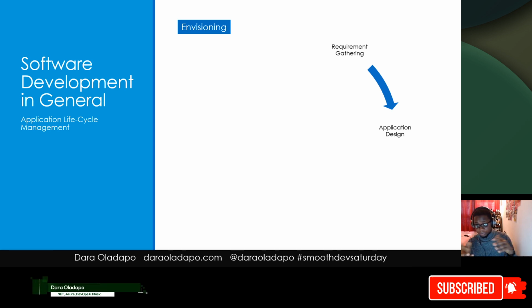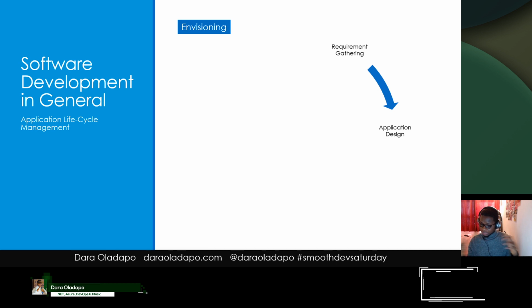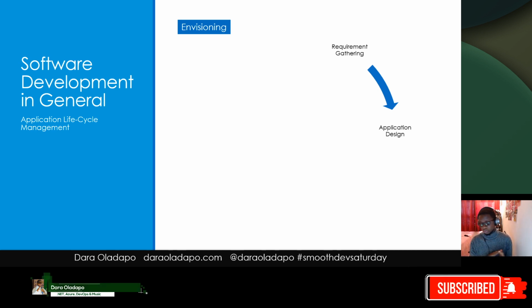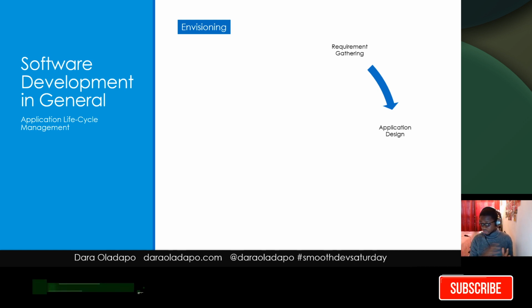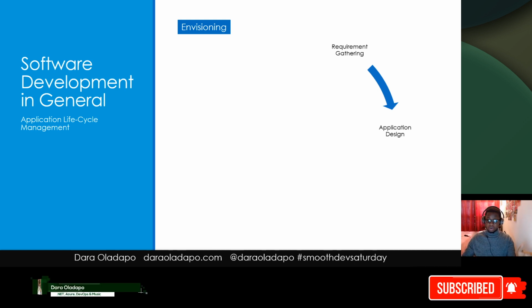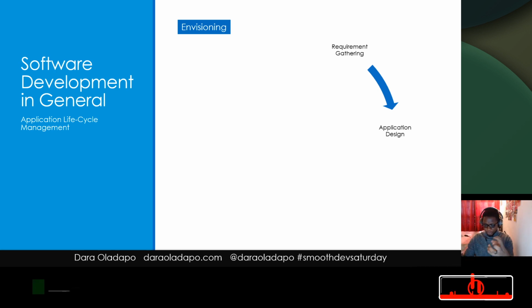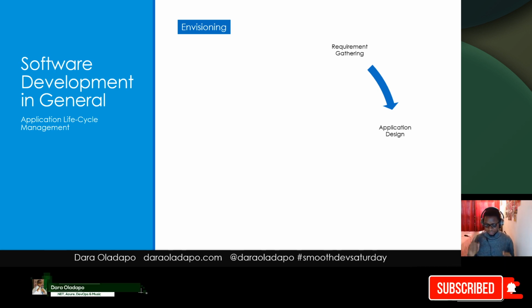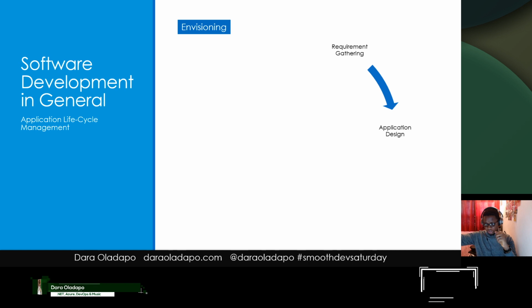And this could happen either in bits of the application or as the application as a whole, depending on the kind of development lifecycle you follow in your organization or as a person. So, for example, when you're building a car, this design process might go along just for the door or for the whole car. The door, the engine, the bonnet, the tires, this can go in bits and pieces for different components of a whole larger structure or as individual components. So as I said, this is where the architect comes in to know, okay, this is supposed to join to this joins to this joins to this.